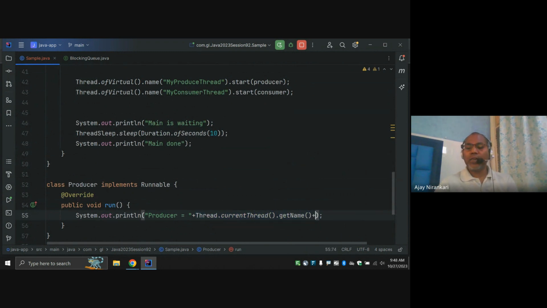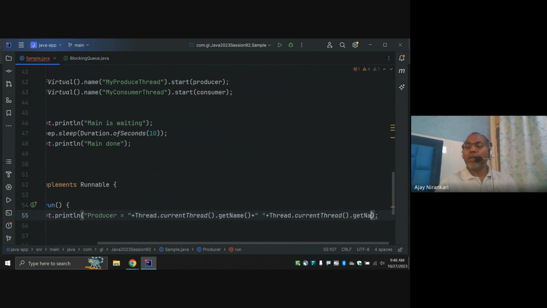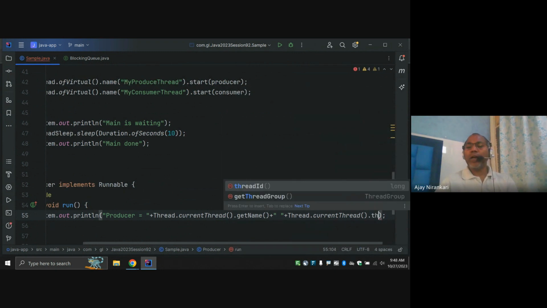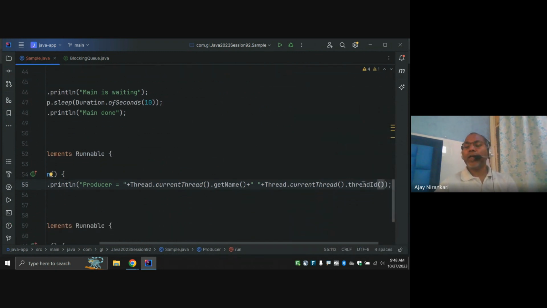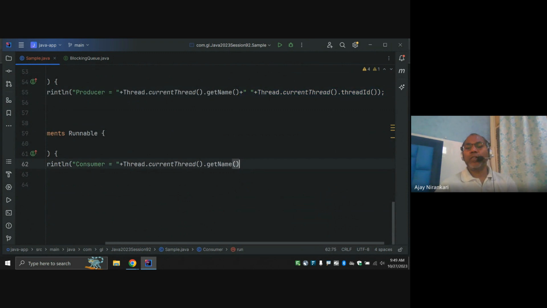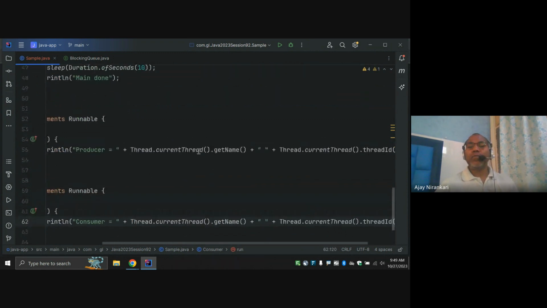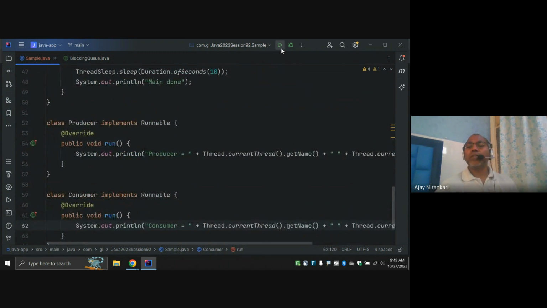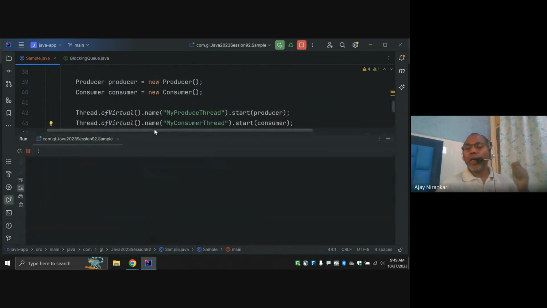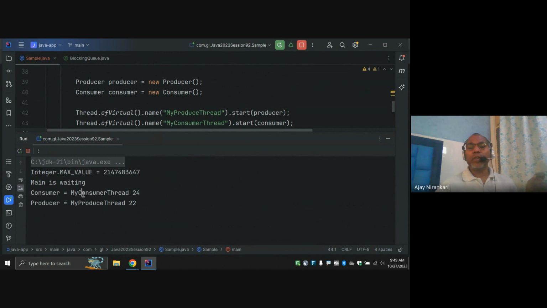Here you can add a space, and this is one new method. Instead of thread name, you can say thread ID. By default, you can always get the thread ID, even the name. By default, the thread ID is added by the Java virtual thread itself. If you run this, you are getting one thread ID as well. So if you're not setting this name, the thread ID is always set by the virtual thread, but the thread name you can